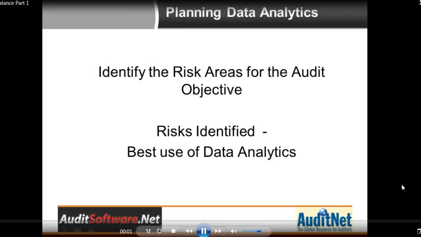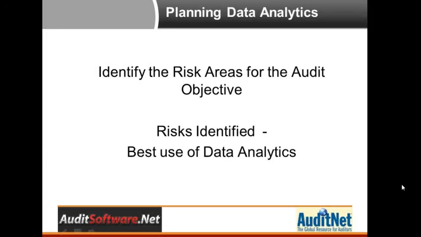When you're identifying how to use data analytics, you want to identify the risk areas for the audit objective. And that would come down to, is it a plain vanilla audit where you're looking at the AR aging and a customer credit limit analysis, or is it something more interesting, which may involve a forensic analysis or a fraud investigation? One area would be just to check and verify compliance with company policies, such as the proper aging of